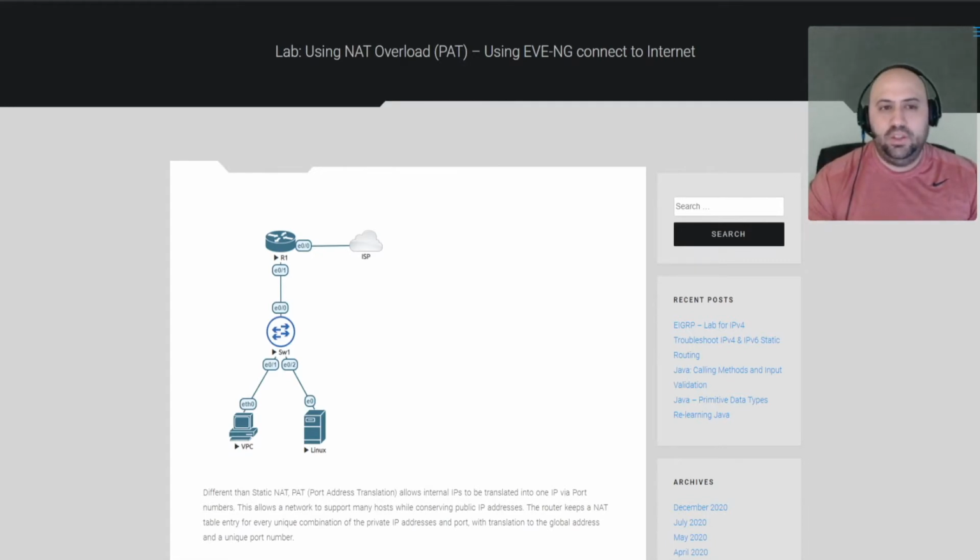First and foremost, on my website, you can get a lab I produced that shows you how to do the connection for EVNG and connect to the internet, allowing you to access the internet using NAT Overload. I'm going to add that in the description down below, but we're not going to follow it step by step because it's slightly different with our lab, so there's no need to follow step by step like I did with